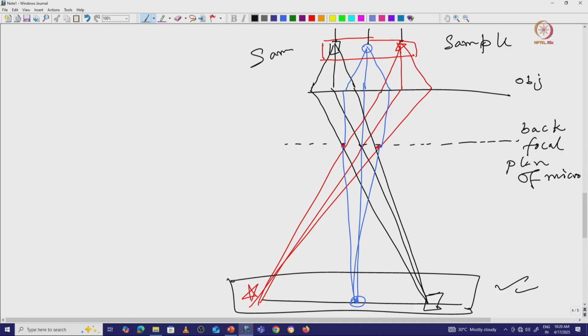Currently, we are interested in this converging point where you can see there are 3 different colored rays. If we just consider this central point, we have one blue ray, one black and one red. So, here we are getting a spot. This is not an image; that information is coming from the star, the circle and the square.